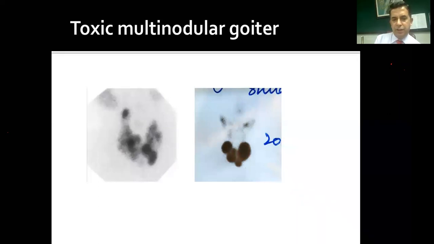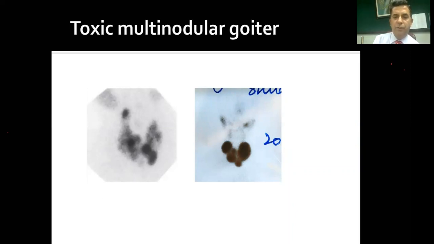Now, this is a case where you want to give radioactive iodine to an elderly lady, and the patient has got a multinodular goiter. You want to know whether this patient would benefit from the radioactive iodine or not. So you give them the pertechnetate, and the pertechnetate is trapped into the thyroid cells, and later on you find an image where you can see a lot of hot nodules. So if you give radioactive iodine to this particular multinodular goiter, this is the patient who would benefit from the radioactive iodine therapy as a case of toxic multinodular goiter,